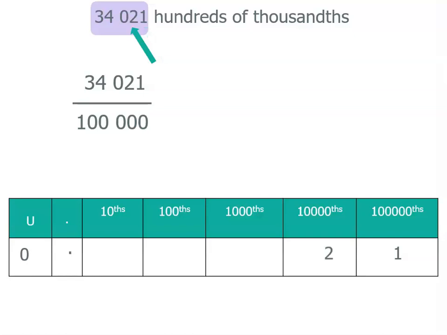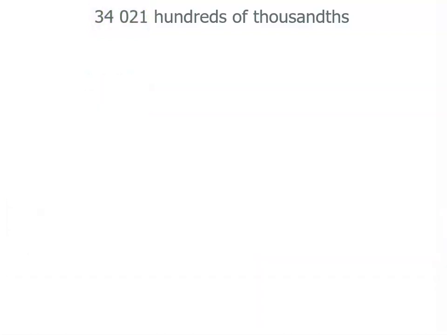Our 2 goes in the tens of thousandths place. Our 0 goes in the thousandths place. Now that's really important. We can't leave that out because it means the 4 would be in the wrong place. Our 4 is actually in the hundredths place, and our 3 is in the tenths place. So even though our number is 34,021, it's actually hundreds of thousandths. So by starting at the right of our number, in our hundreds of thousandths place, we get all our digits in the correct place. So if we write that as a decimal, you can see it's